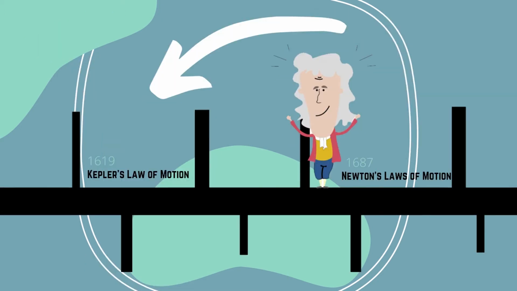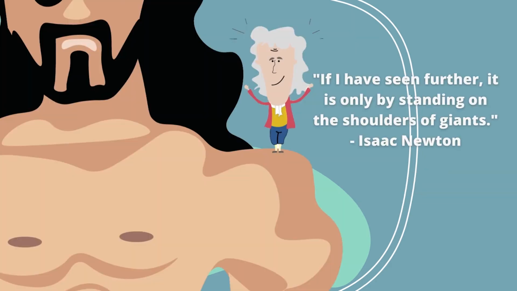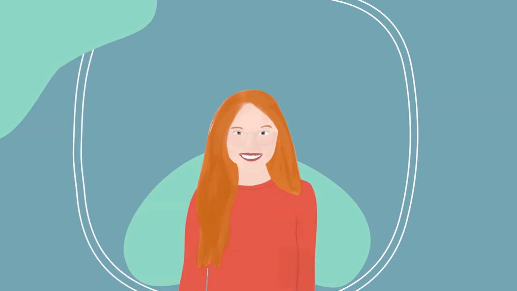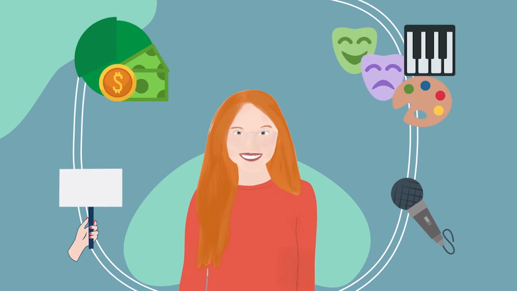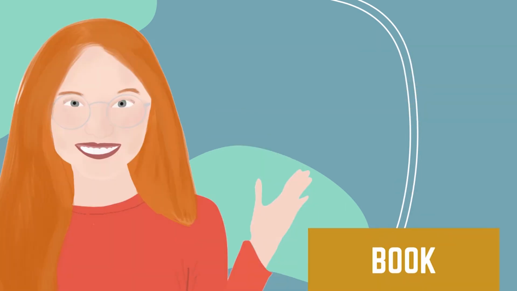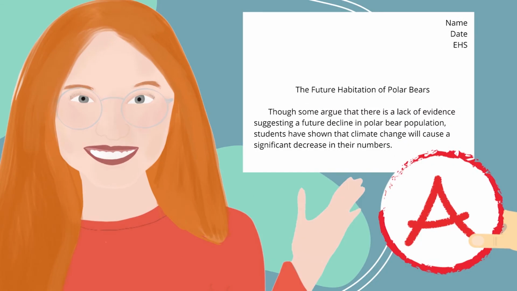Throughout history, all well-known figures have drawn ideas from those that come before them to formulate their own ideas. Isaac Newton famously said, "If I have seen further, it's only by standing on the shoulders of giants." All sorts of famous figures have used ideas that come before them to create their own original ideas, including activists, speakers, businessmen, and even artists. Building on sources makes your own ideas better. If nothing else, learning about how to incorporate sources into your research paper will help you get a better grade